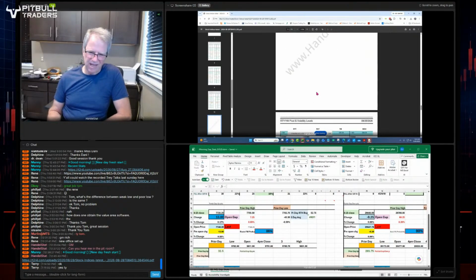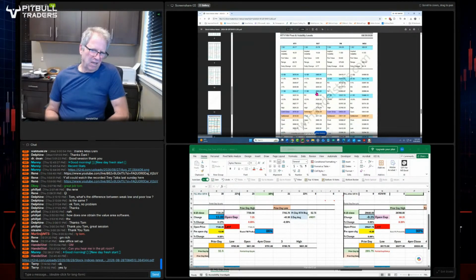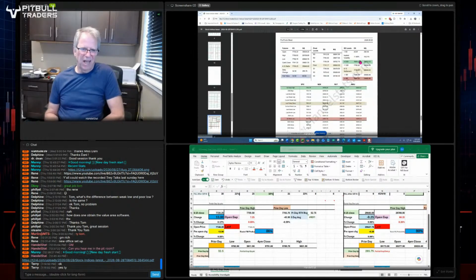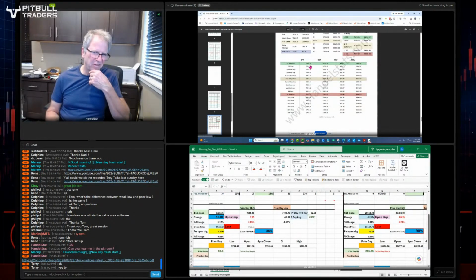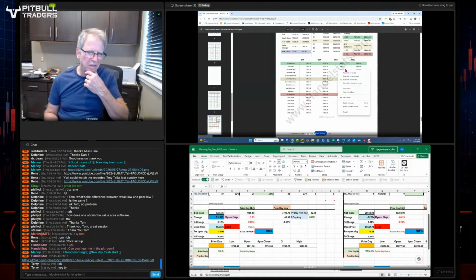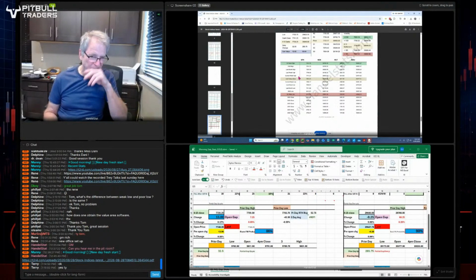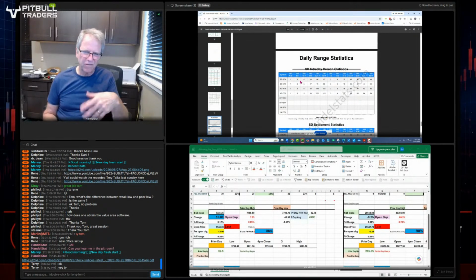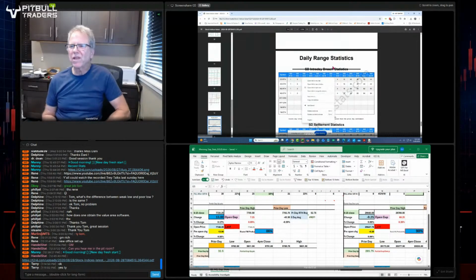And after that, same story. This is for the Russell and the Russell cash, the Dow and the Dow cash. And then here's this, and this keeps track of the SPX, NDX, Russell, and Dow, and that's the 52-week high, 2026 high, all the cash numbers. And then there's prior year prices. These are daily range stats. We won't go into that right now, but that's what all those sheets are for.